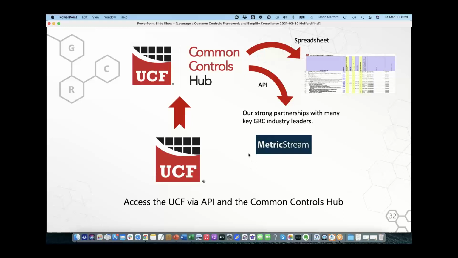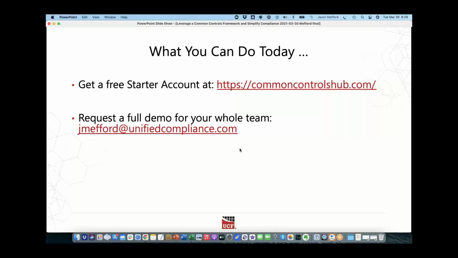Now, we're excited to have MetricStream with us because, again, one of the other options is, yes, you can export into an Excel file, but if you're using a GRC tool, instead of using the particular spreadsheet export, you can also pull it through into a GRC tool like MetricStream through an API. So again, all the time savings of having to copy, paste, copy, paste, copy, paste, literally you put it in an API code, you refresh, you link everything together, and maybe in less than a half an hour, boom, all of your stuff can end up coming over. And that's why we're excited, because MetricStream is actually going to show you again how easy that can be.